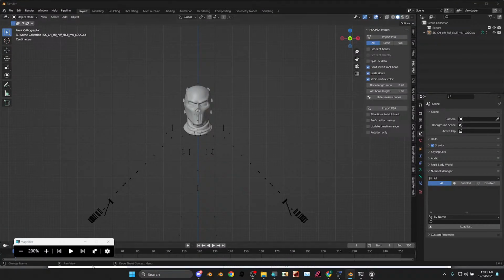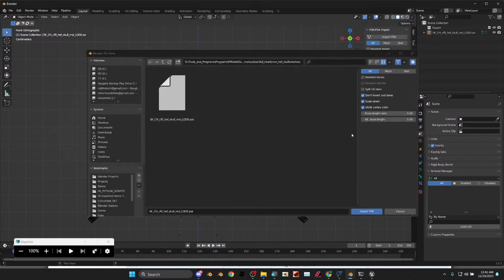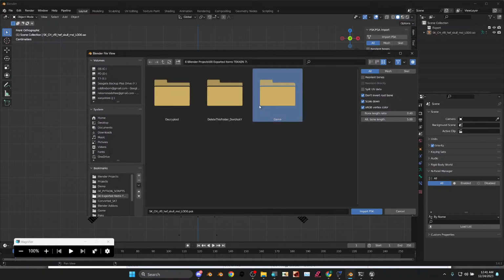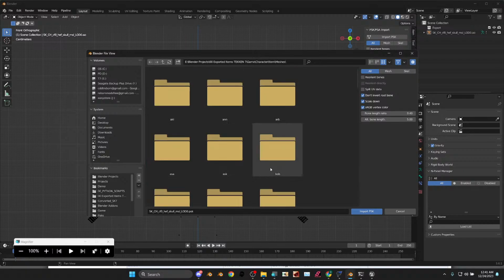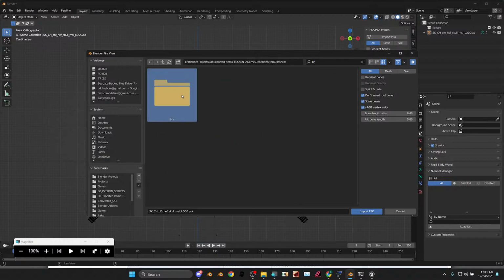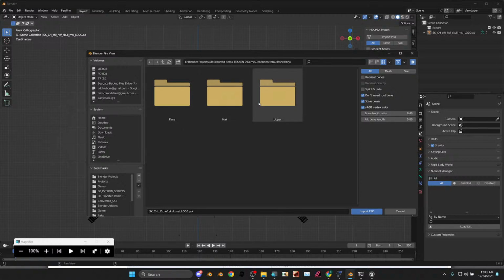Okay, so let's go ahead and make this big again, and I want to get this in the game. So I'm gonna have to use this importer, and I found this online, just searching, it's a free add-on somewhere. But you're looking for an Unreal Engine importer or a PSA, PSK importer to set up for Blender. And now I'm just gonna go to where I have it saved, and I keep all my stuff here. Meshes, Brian, and